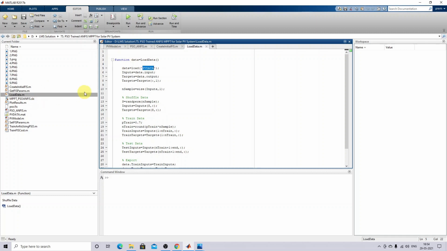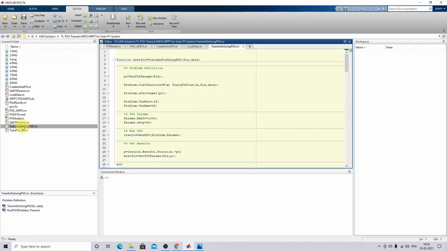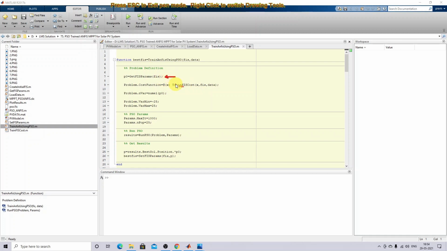Okay, so next, I'm going for training ANFIS-PSO. This is the main program used for the PSO, particle swarm optimization. Here you need to provide the parameters, that means which parameters we have to tune in the ANFIS. For that you have to write this code. This code is used for getting the parameters of the adaptive neuro-fuzzy inference system, and then this code is used for